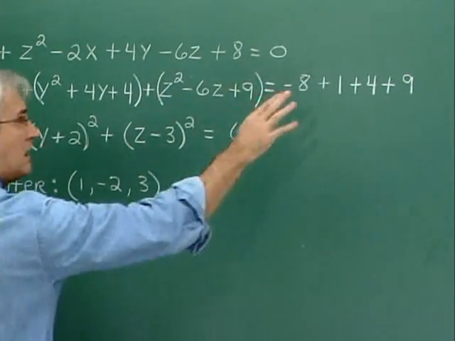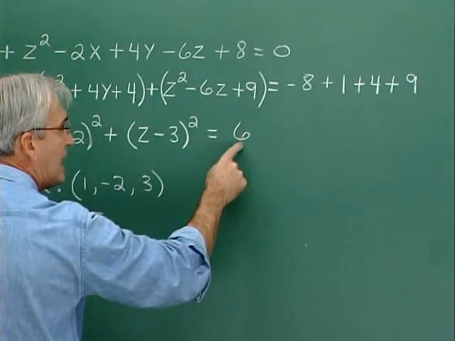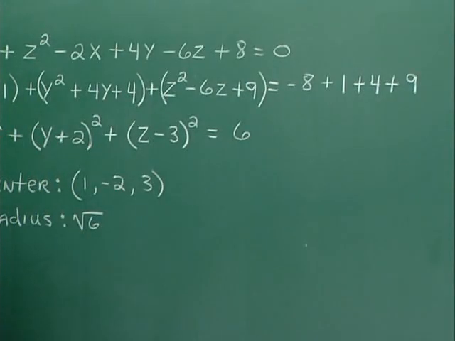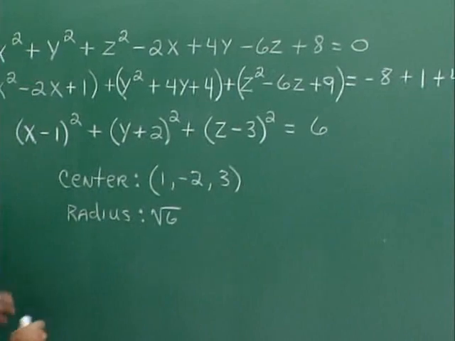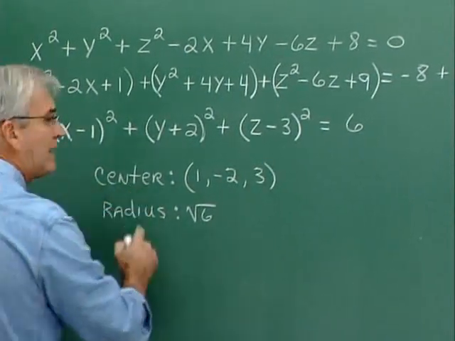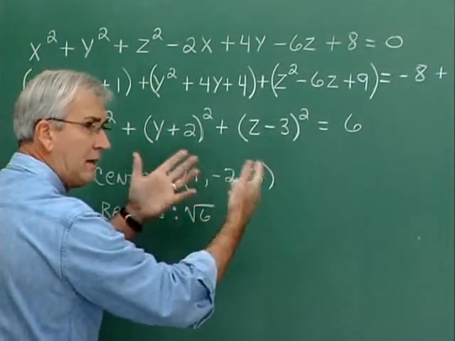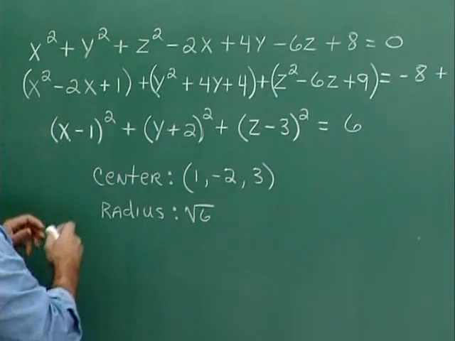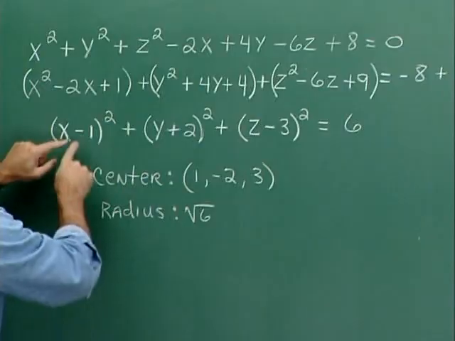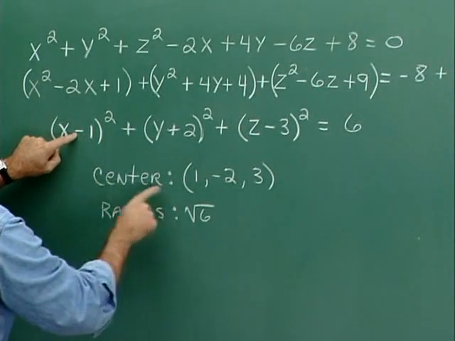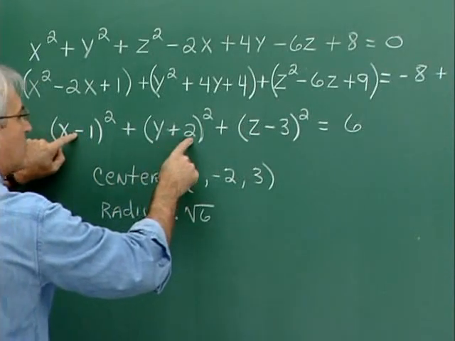Now on the right, I'll collect the terms and find that my constant becomes 6. And now I can identify all of the components for the sphere. I know that the center is at an h, k, and l, and those are values that follow minus signs, and the number that follows a minus sign here is 1, and the number that follows a minus sign here,